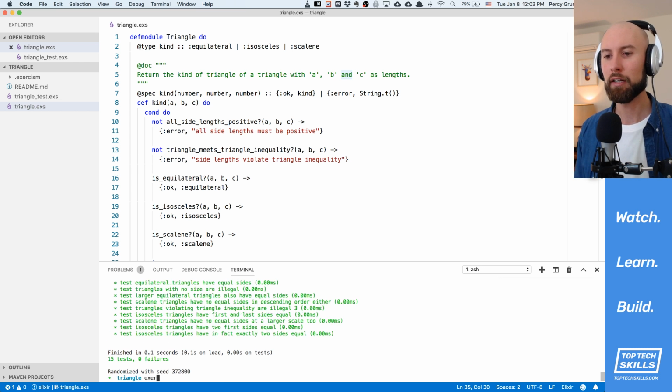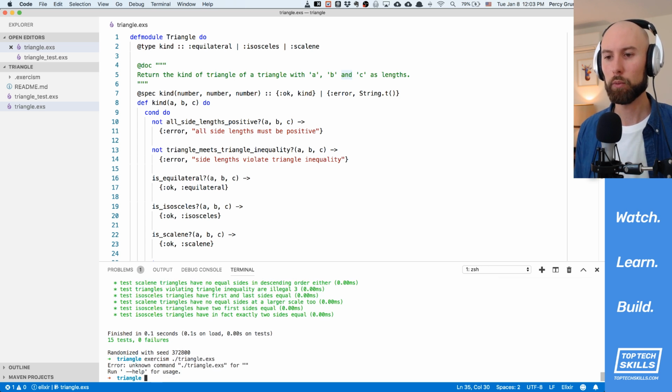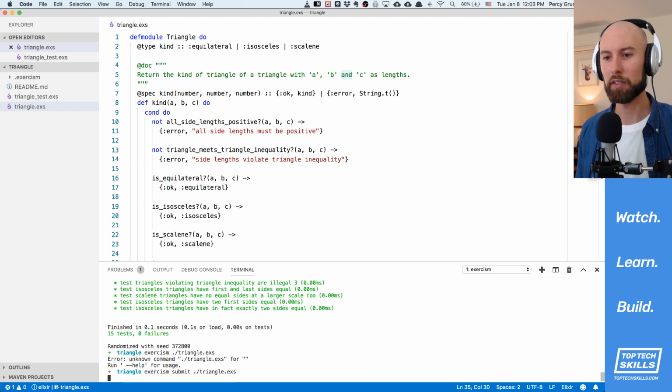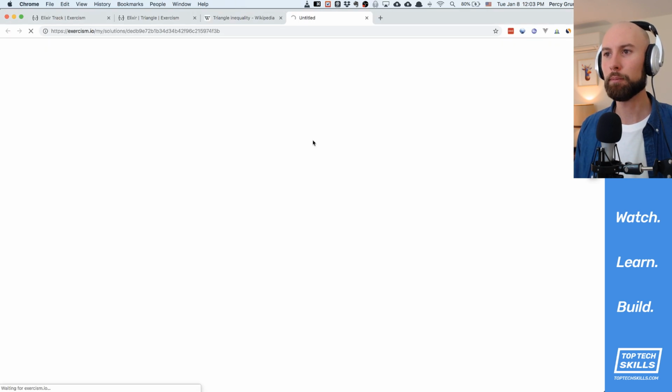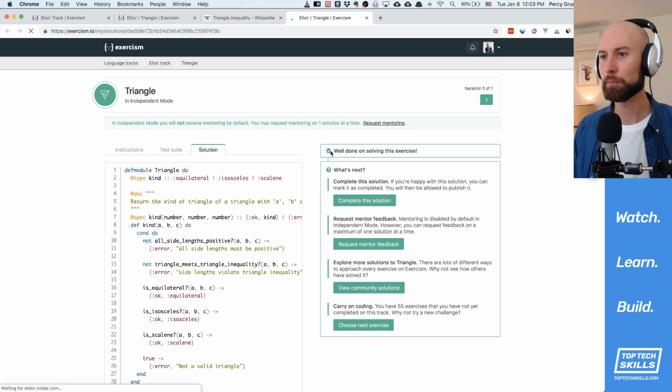Let's run the test again just to confirm, and I'm ready to submit it with Exercism. And so what we just have is our triangle.exs. Whoops, I need an exercism submit. Oh, my keystrokes are so horrible. Got to get my spacebar fixed on my laptop. Okay, excellent. So we've finished that one. Exercism should give us a nice little